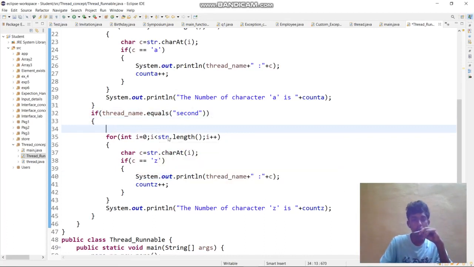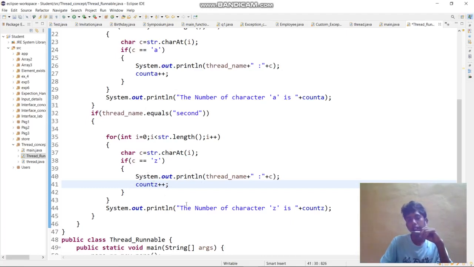Same way I'm getting each character, storing it in c, and checking if the character is equal to Z. If it is, I'm printing the thread name, that is second, and the character, and I'm incrementing count Z.